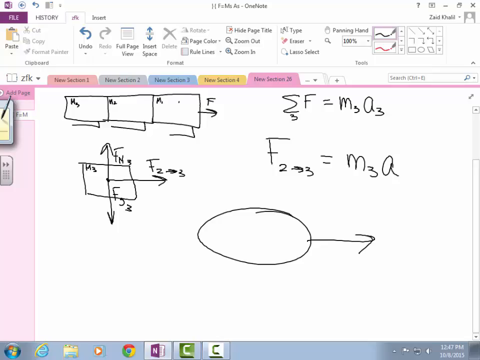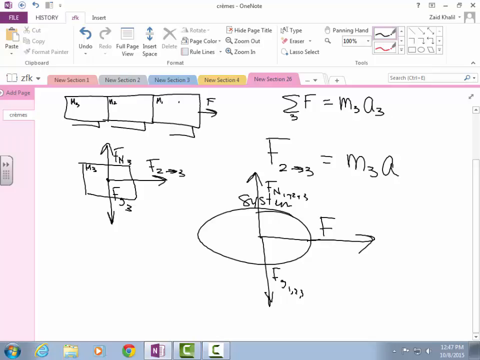And what are the forces acting on the blob? This is called a system. It's just F and the force of gravity and the normal force. So Fn of 1,2,3. And this is Fg of 1,2,3. And of course, the net force acting on it is F. And so we get, from Newton's second law, it says what? Net force equals